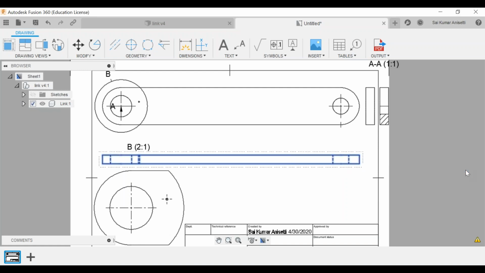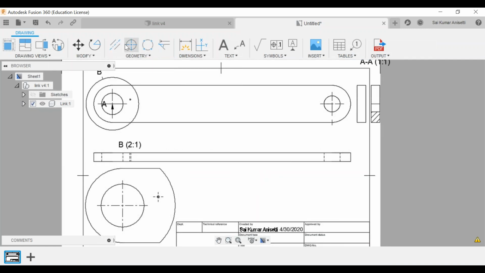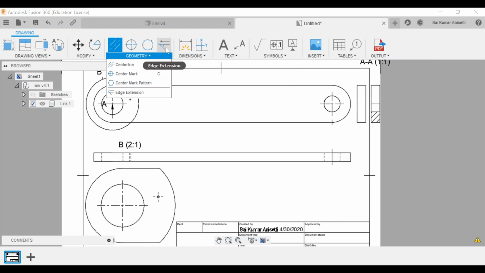Show any hidden edges, let me click close. Over here I have some kind of cylinder, so a center line for this particular first edge and second edge. For this particular channel section or any cylinder section, it will add a center line over here. Okay, in that way you can do center mark and angle extension. If you have any draft angles, you can just mention it over here.